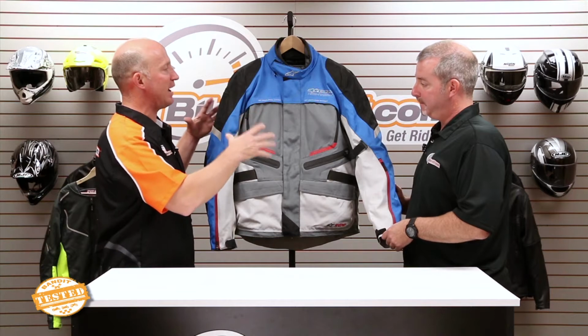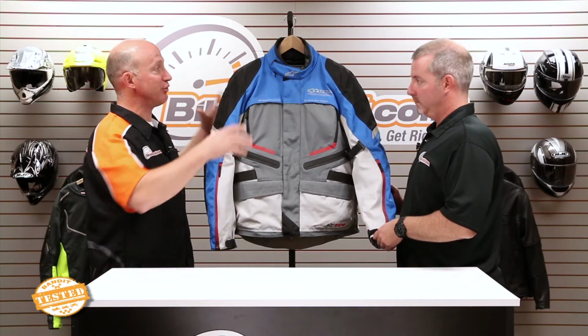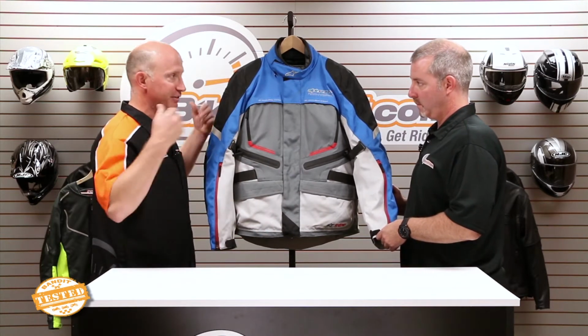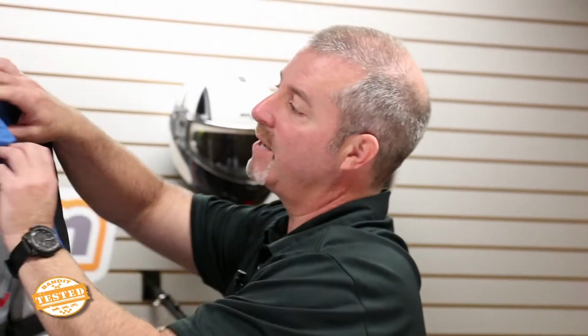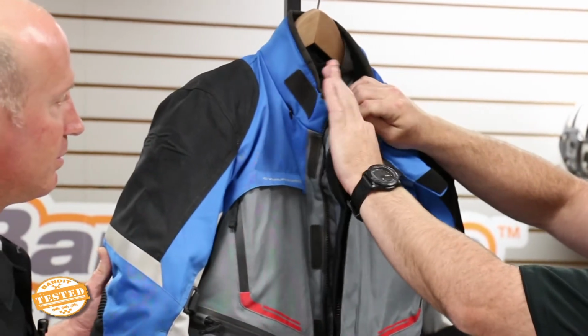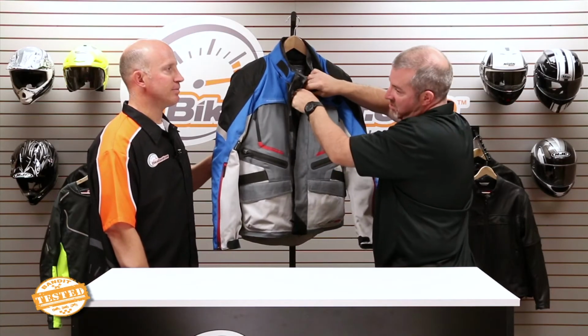Would you put this jacket, I mean, you said it was cold in the mornings, so that was full liners, and then in the afternoons, zip open everything, vents, and get some breathability through it? Yeah, I would call this a true four-season jacket. It does have two liners in it. One is the waterproof liner, and the second is the thermal liner. So I would feel comfortable wearing this jacket down into, I would say,